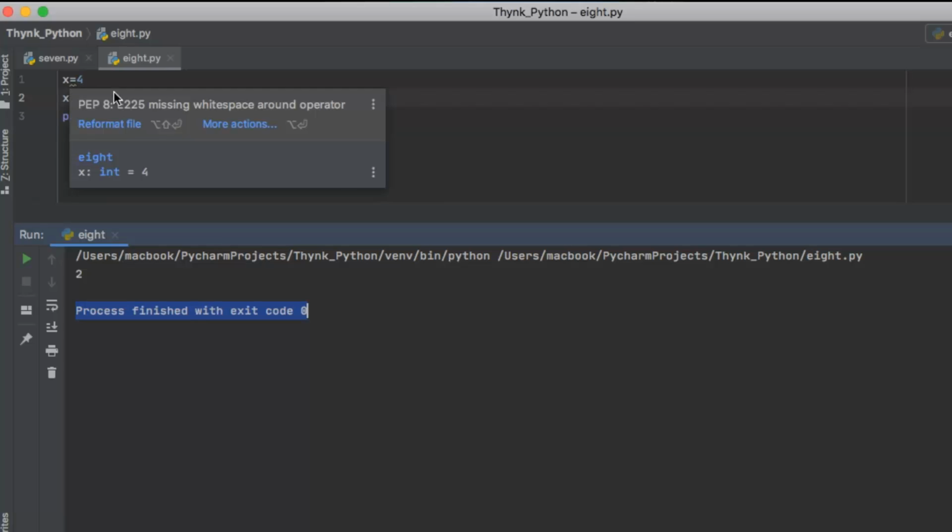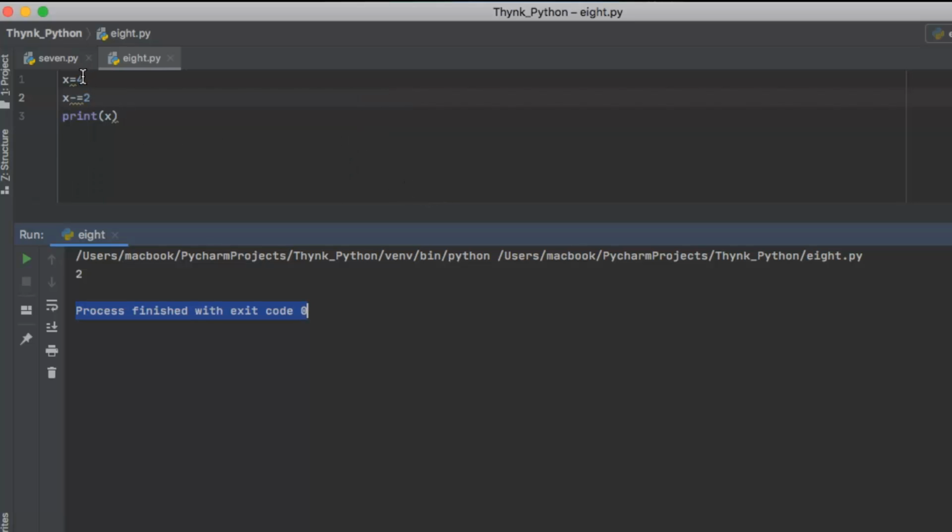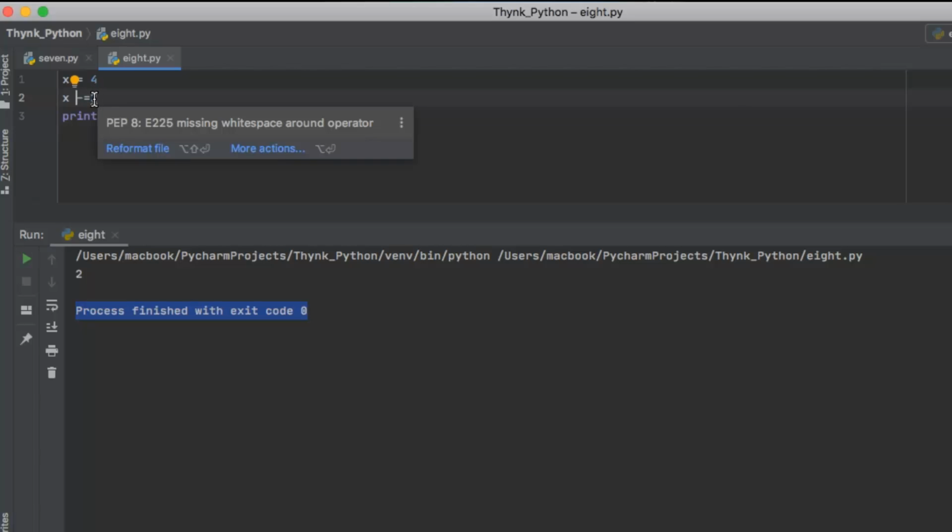So these are basically formatting errors. Python only expects a space around these operators. So see, the moment I have given a space here, the yellow line has gone, and also it looks nice and easier to understand. So similarly here also, if I give a space, the yellow line goes away, right? So this is just a formatting error, right?